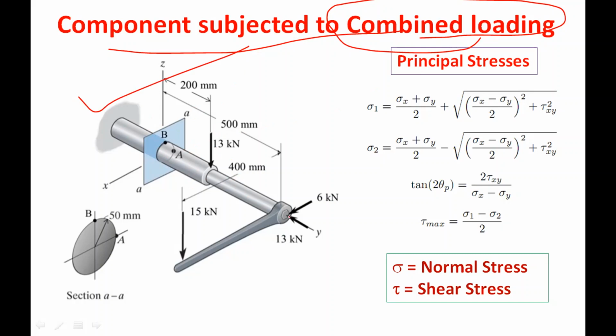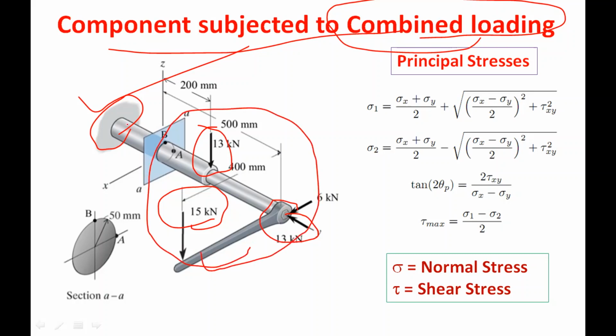There is a stepped shaft, one end is fixed, and at the other end we are applying a torque using this handle. The axial load is also acting here and the bending load is also acting, and this force is going to produce a twisting moment. So all three types of load are acting on this particular component. Now this is the support end. If you want to design this particular shaft, then how do we do this designing process?